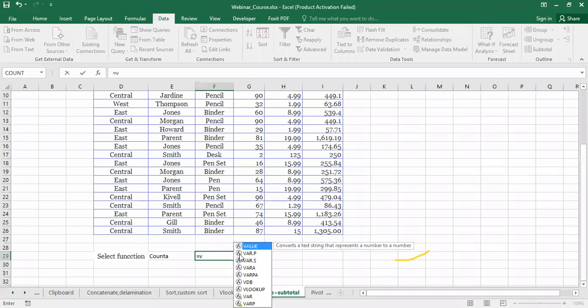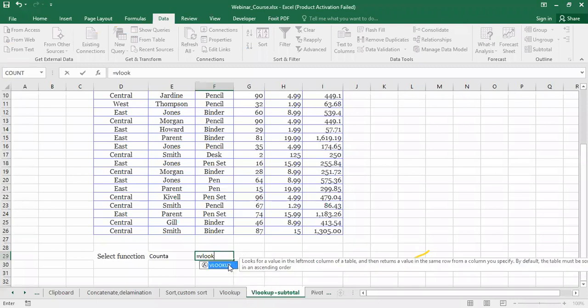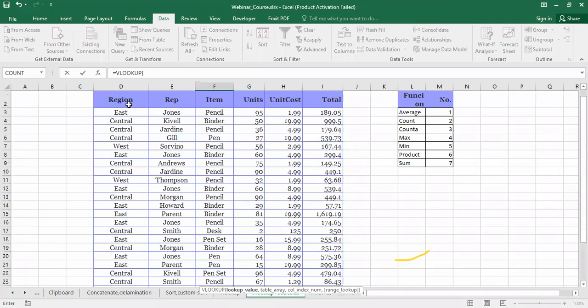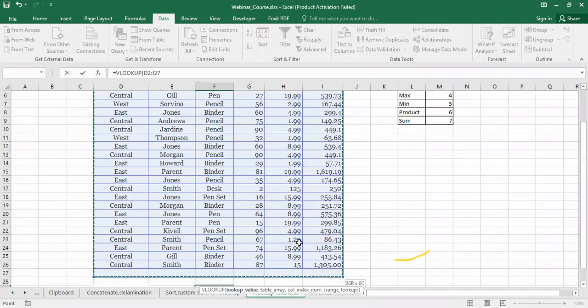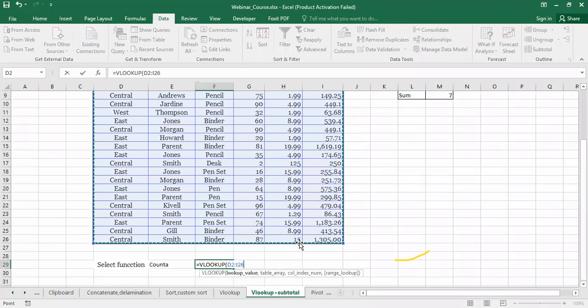VLOOKUP and this table. Okay, this table. Then comma. Sorry, first of all, lookup value. I want this. I will put it over here. Okay.